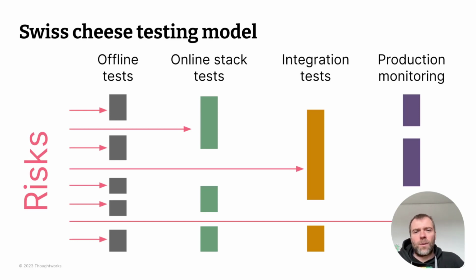The next layer of tests is an online stack test. We come to the concept of the stack in a minute. But what we mainly mean by online testing is that for the first time now, the infrastructure or parts of the infrastructure are already created at the cloud provider, for example, and that you run tests against this up and running infrastructure. But the first layer of tests is still on the individual pieces, which then brings us to the next layer of integration tests that spin up multiple pieces in combination and run tests or journey tests, again, on a wider